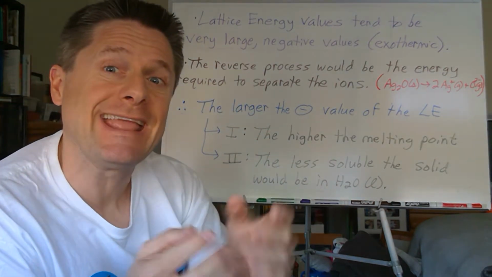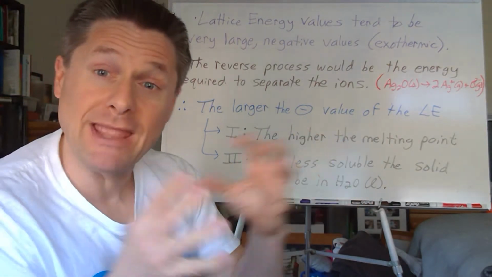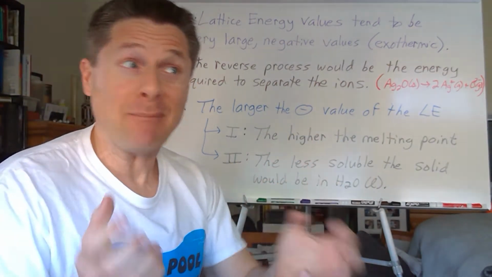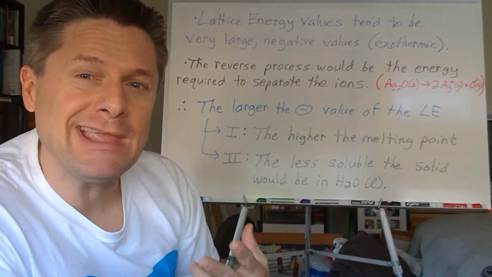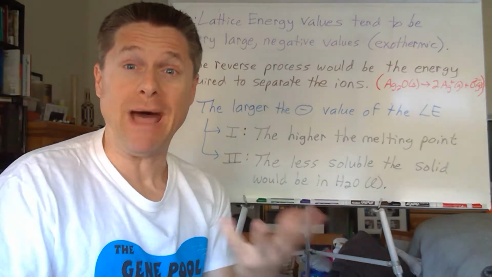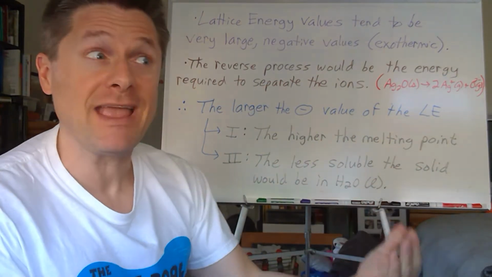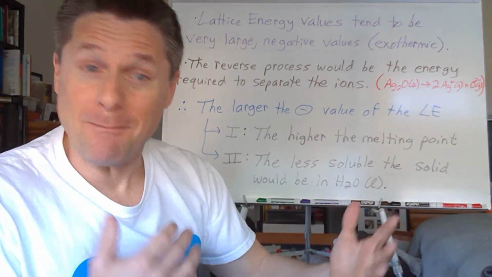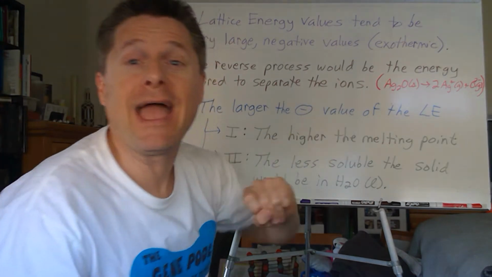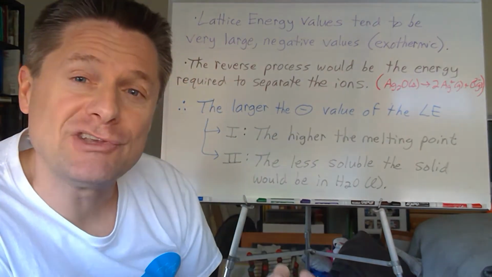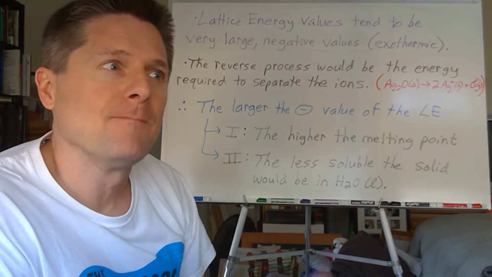So lattice energy is taking cations and anions, which happen to be in the gas phase, and bringing them together, positive and negative, and forming a solid. So if you were a positive cation in the gas phase and you saw a negative anion in the gas phase, wouldn't you want to meet them? Right? So that's a favorable process. So they're going to be exothermic, which means lattice energies are always going to be negative